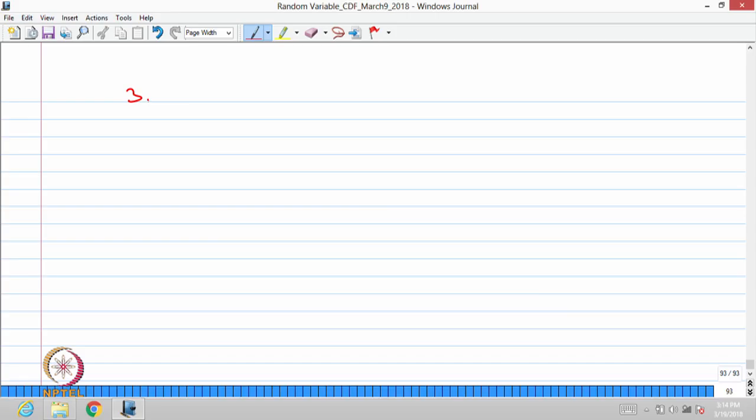So, we have discussed continuous uniform distribution and exponential distribution as some common continuous type distributions. Now, we are moving into the third one, that is gamma distribution. This is also a